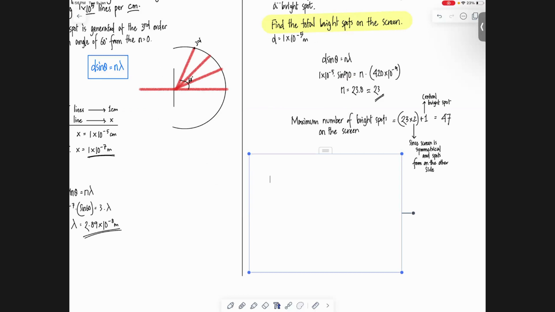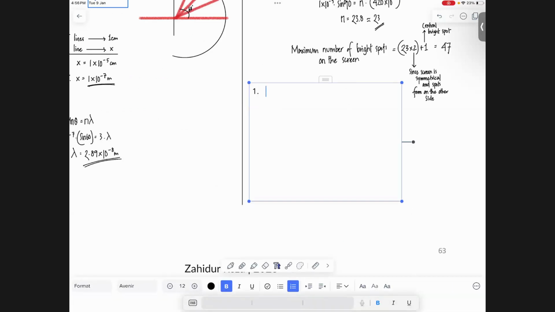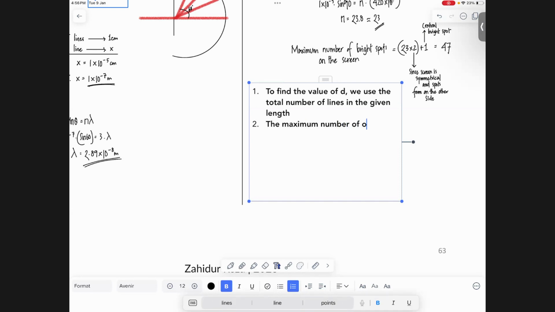Number one: to find the value of d, we use the total number of lines in the given length. The maximum number of orders can be found